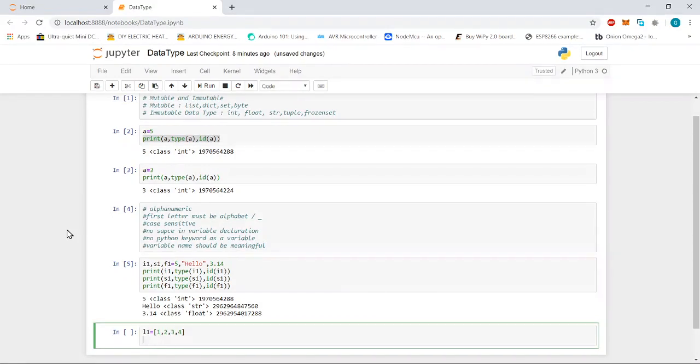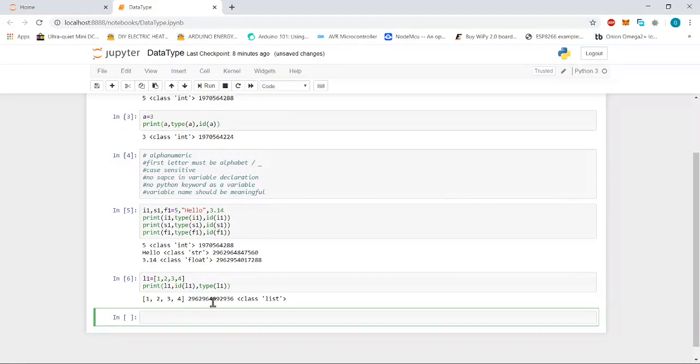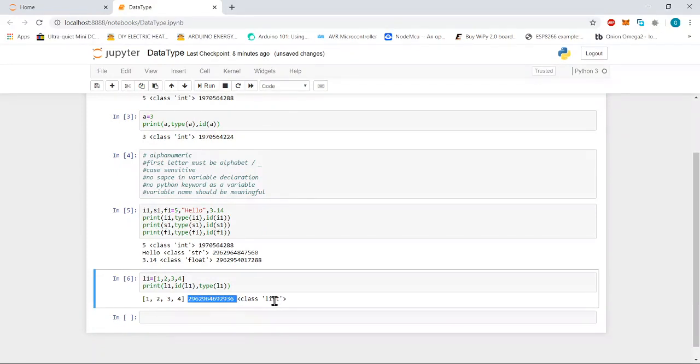Then we print the value L1, comma, id of L1, and then type of L1. Let's execute it. 1 2 3 4, this is the id and this is the class. So L1 belongs to the class list.